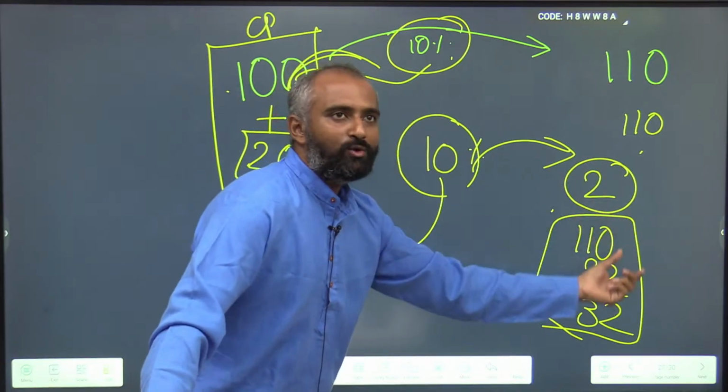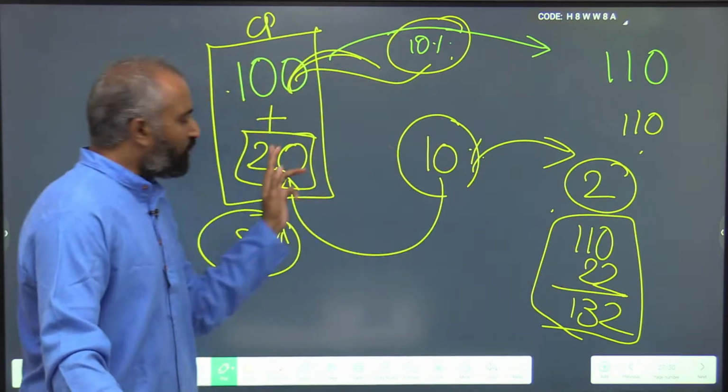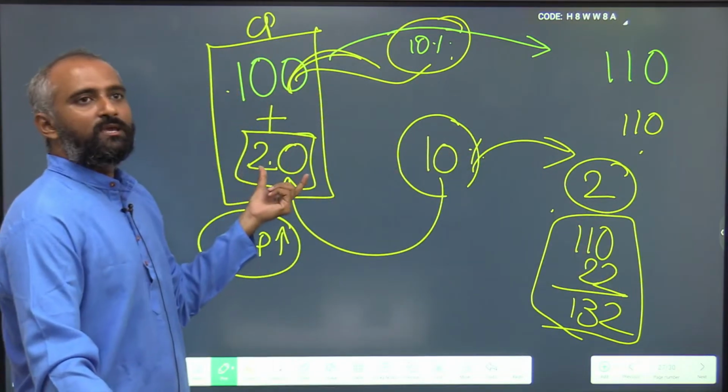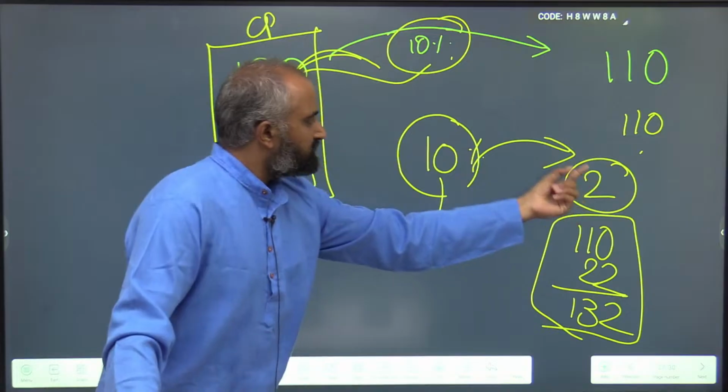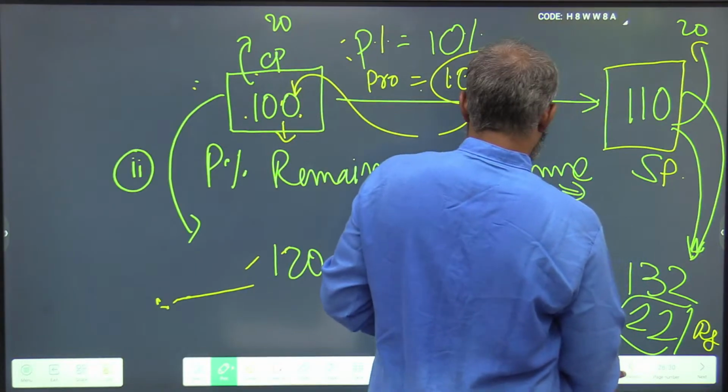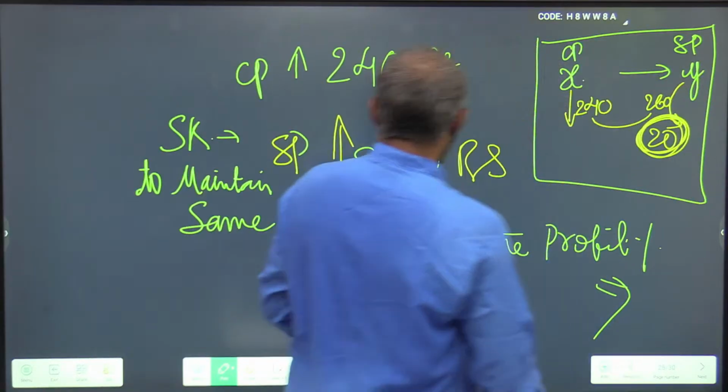Why did you have to add 22? Because 20 was always there. This 2 is a profit on this 20. So, applying the same case here,